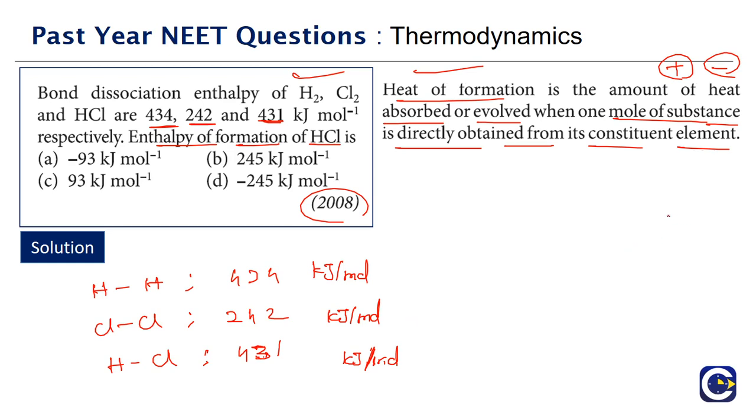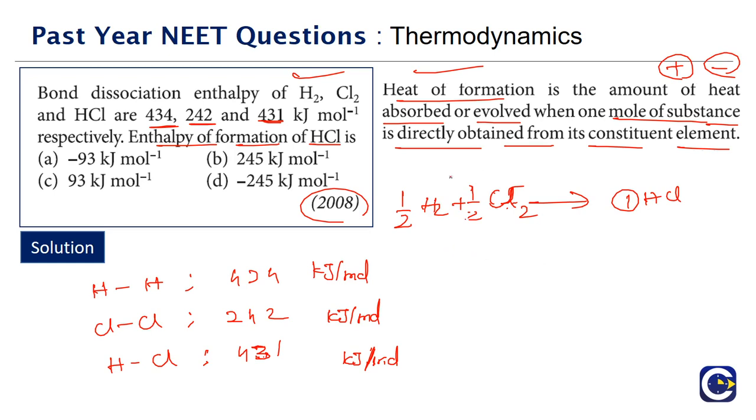Okay. Now for HCl, if we have to prepare 1 mole of HCl, right? If you look at how we will have the reaction, what will be the basic constituents of HCl? It is hydrogen gas and chlorine gas. Okay. So we should be having half a mole of H2 plus half a mole of Cl2. Half a mole of H2 and half a mole of Cl2 will be giving us 1 mole of HCl. So this is the reaction that shows the formation of HCl. Formation of HCl means, always we must have 1 mole of HCl being formed.